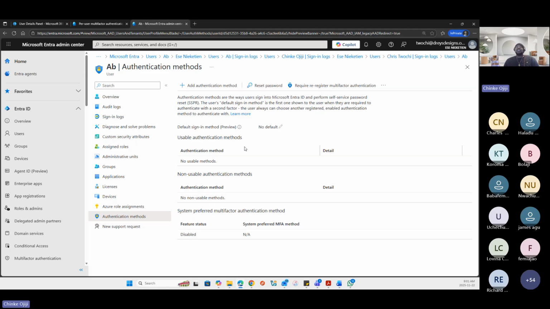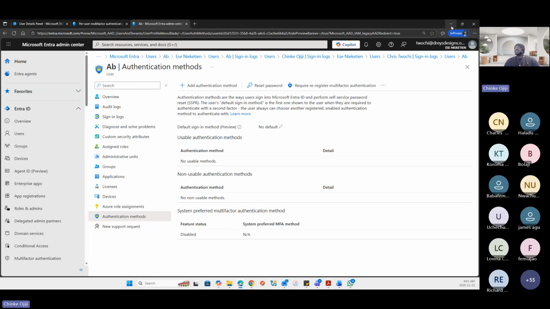And the user loses that phone and is unable to log into their accounts because they don't have the phone or the device to access that MFA. As an admin, you can come in here to the identity, come to authentication methods, and then you can require re-registration of that multi-factor so the user can register it again. Okay. All right.